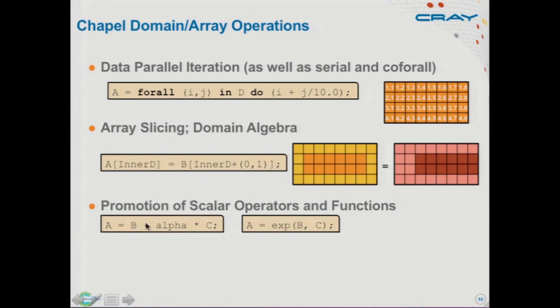So this is a very concise way of writing the stream triad benchmark we saw at the beginning of the talk. And this just says take every element of B to the corresponding element of C power and assign the result to A. I should mention that even though all of these things are built in here, you can write your own user routines as well and promote those as well. And that gives you a map-like capability.